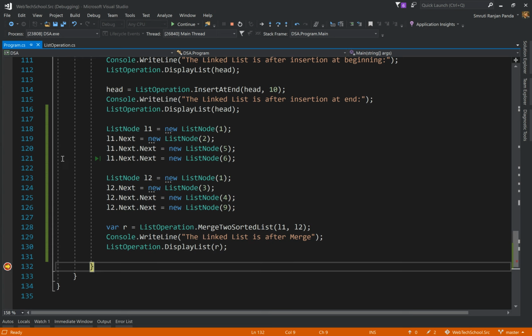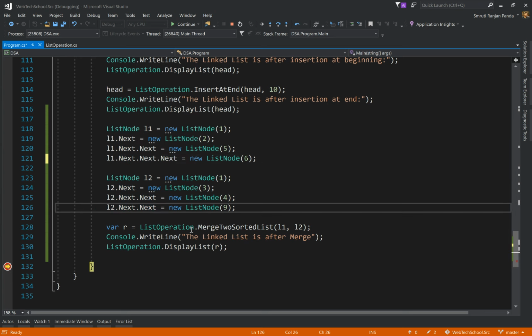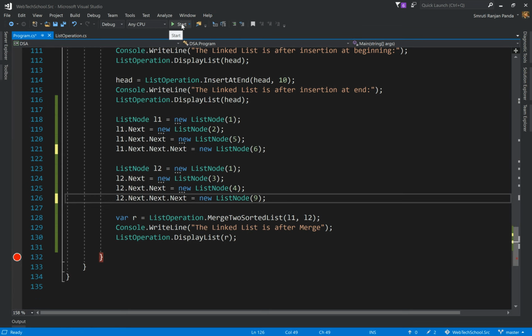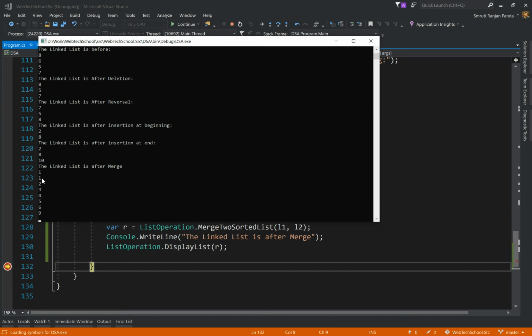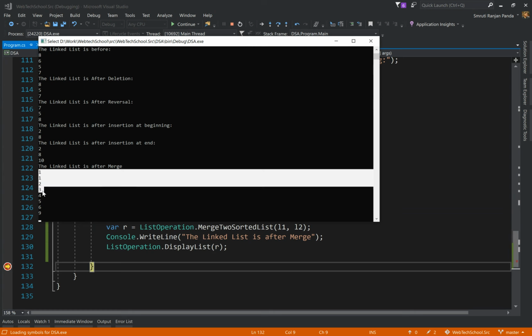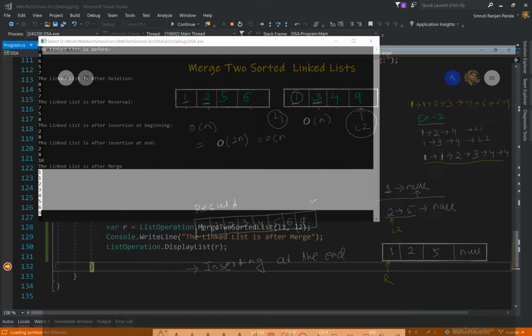If you look at line numbers 120 and 121, while creating the linked list we are actually updating the same reference. Now we'll do the same in line number 126. Okay, now let's run it and see. I'll stop this and we'll start execution again. Let's go to the console window, and this time what we get back is 11234569.